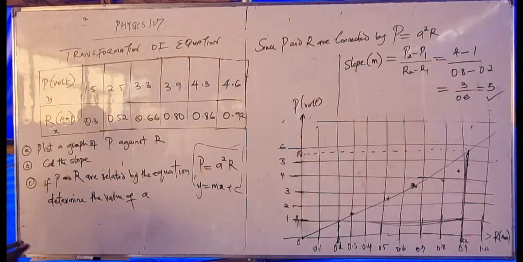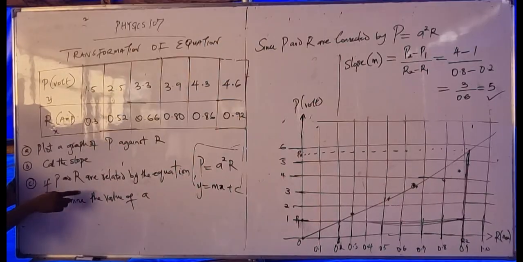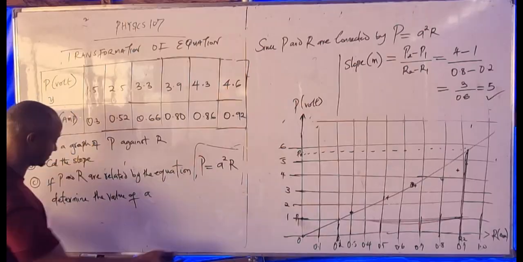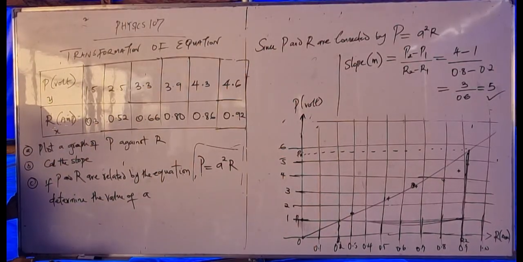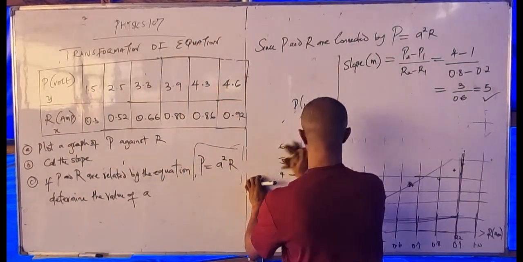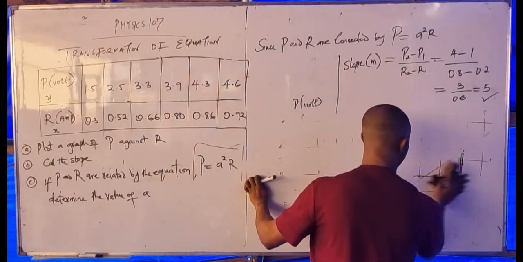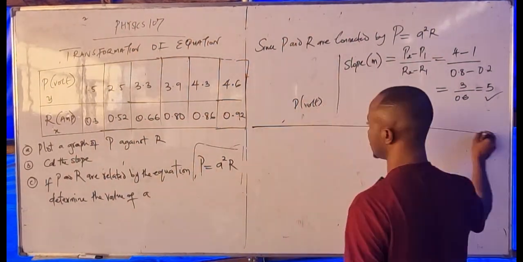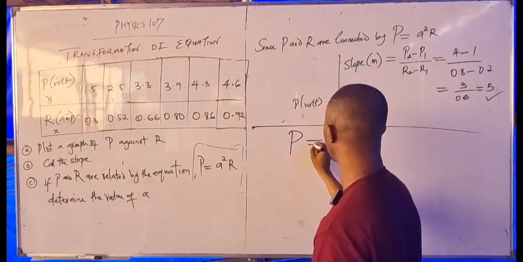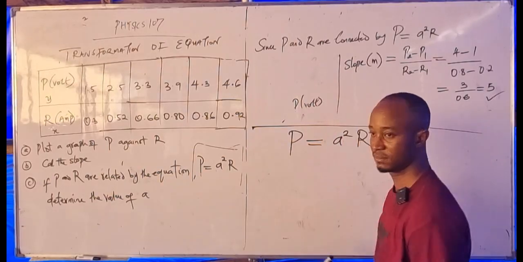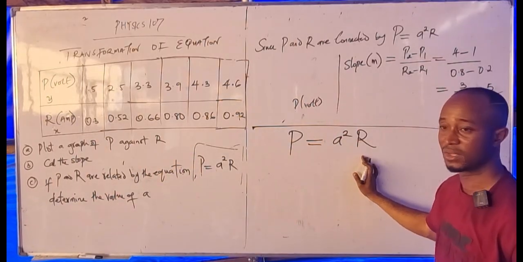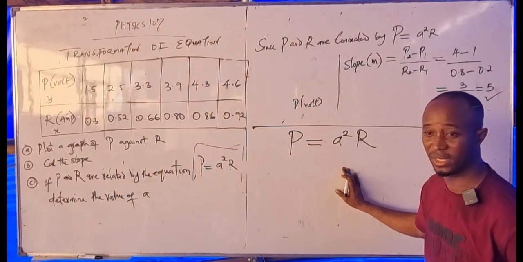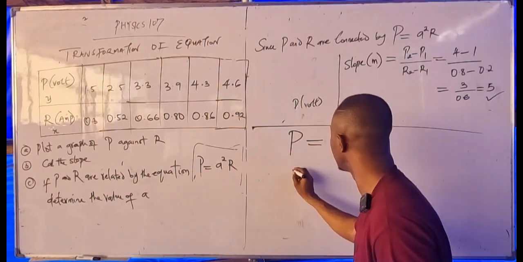Now the last part is this. If P and R are related by the equation P equals A squared R, determine the value of A. Watch. Let me clean here. To find the value of A, we are told that P and R are related. P equals A squared R. A graph of P against R, what's the slope? A squared. Do you agree with me? A squared. And so, therefore,